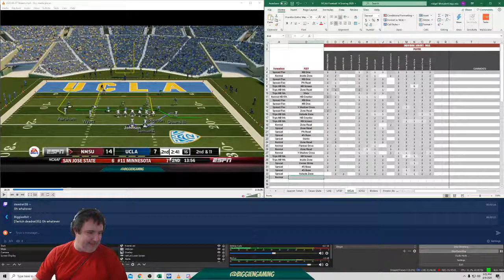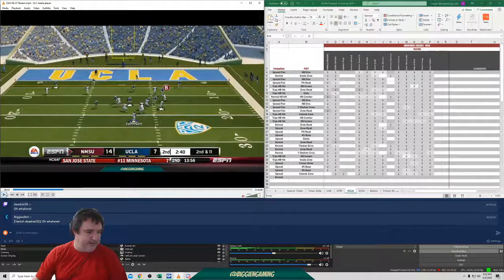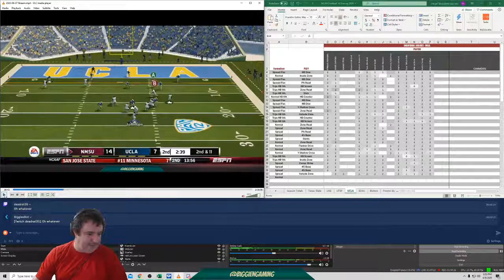Why? We don't want the eyes of this defender to be looking right where Downs is running to. That closes down my space. Okay, outside release by Roberson. We don't want him to take inside release because if he goes outside, it's harder for him to make a break on this. Let's watch the routes. They're blitzing. So it's fine. I'm like, oh crap, here comes the blitz.